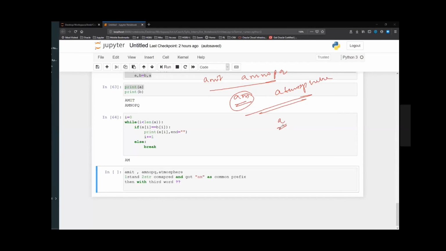You need not remove M. That is what I'm saying. This is your result. Consider that this is some temporary string that you are having. The result of the first two comparisons will be a temporary string, and that you will compare with the same prefix logic for the third string.